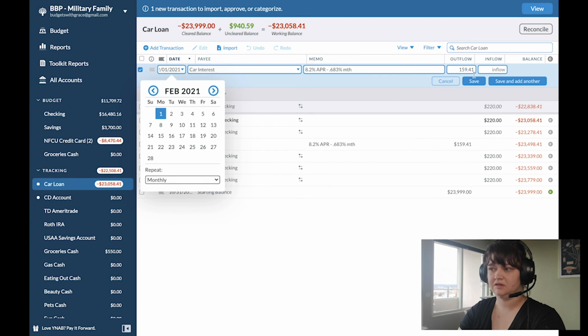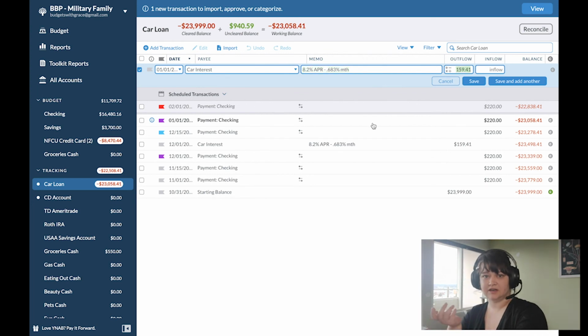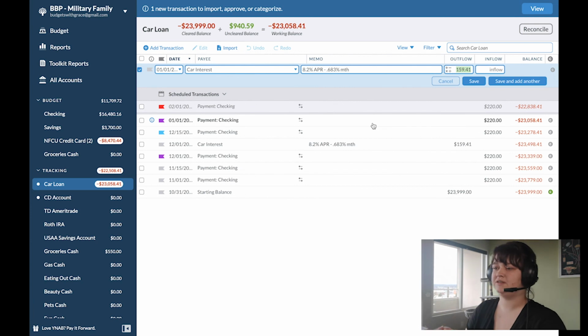Make it repeating on the 1st, but I want it to happen in January. And this will change is the only thing about doing it in these scheduled transactions. It's not going to know to do it by a percentage instead of a specific dollar amount. So on January 1st, it's